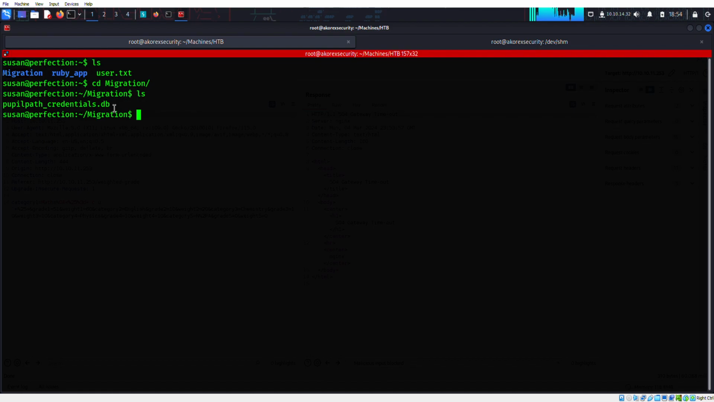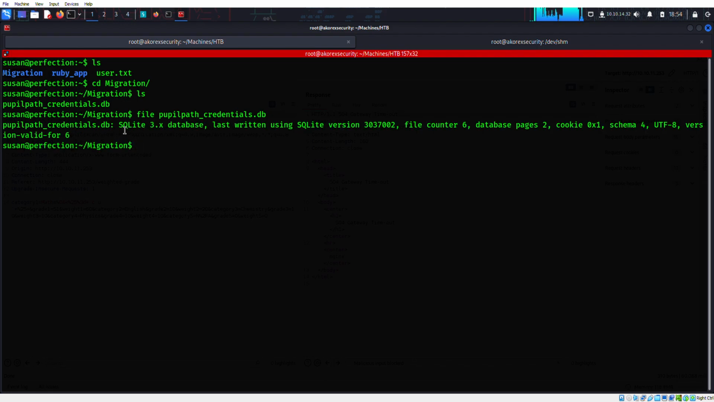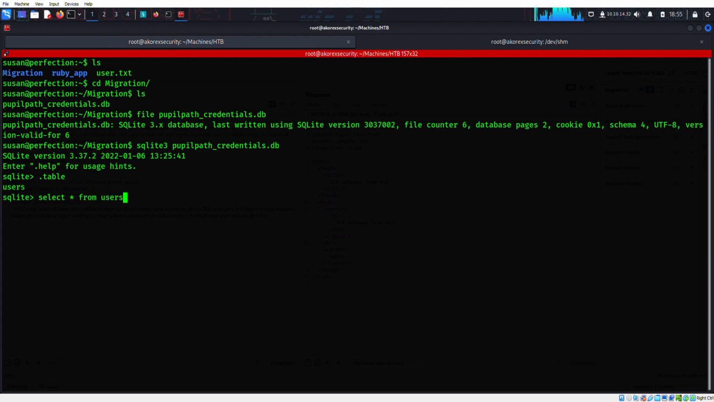So we see that it's a DB file. If we use file on this, we see that it's using SQLite 3. Do they have SQLite here? If not, then we have to transfer this file. SQLite3, we do. Let's do this, and we can do .tables. So we have a users table, so we can do select all from users,